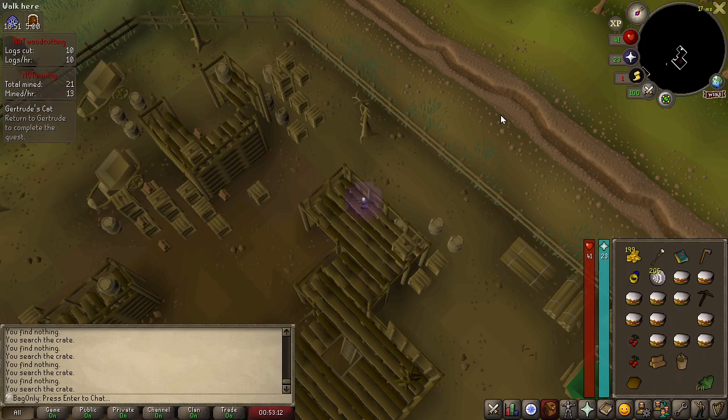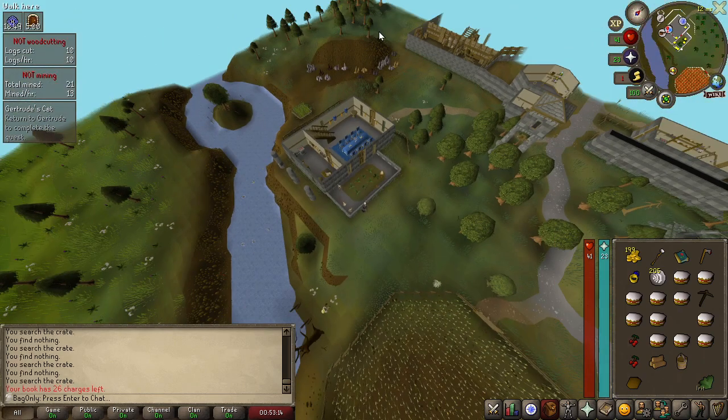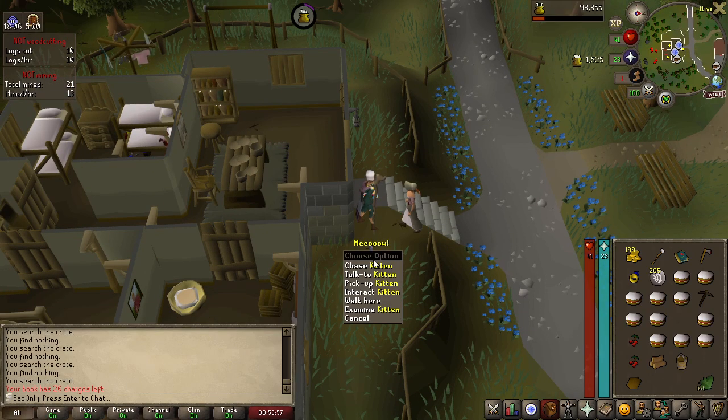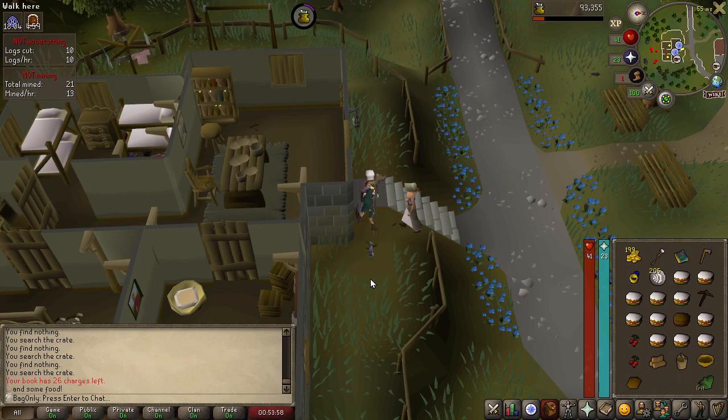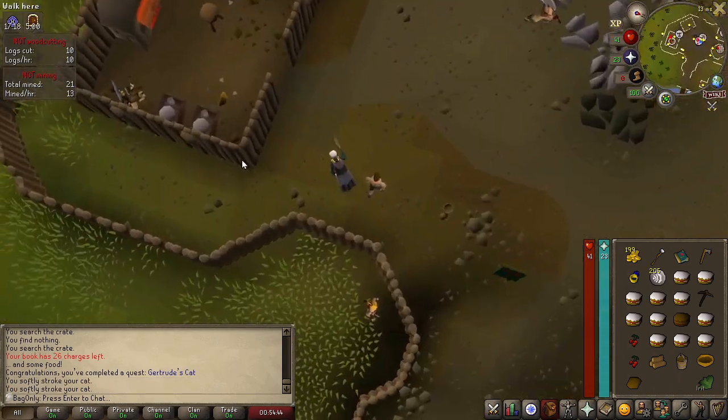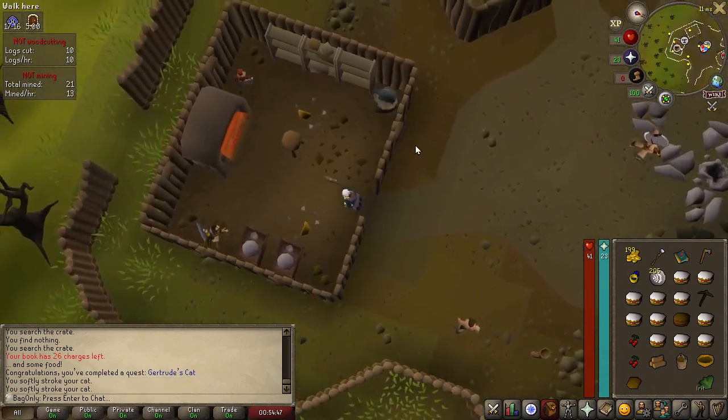Really quick quest, so we just teleport back with our chronicle that puts us real close to Gertrude up here, and turned in the quest. We received her thanks, we received a baby kitten of our own, a chocolate cake, and some cooking XP, so really nice. After this, we just scooted across the bridge to the barbarian village with our soft clay, we spun